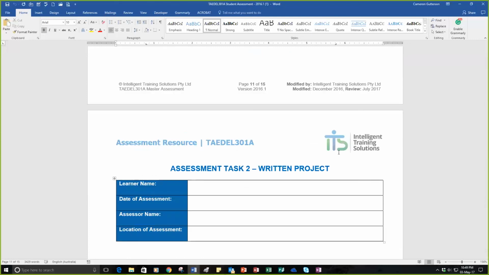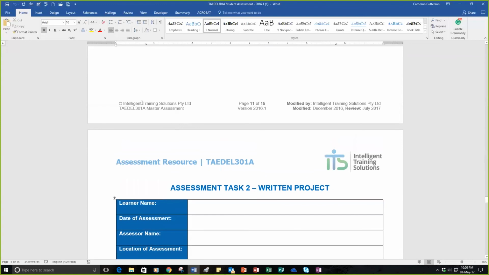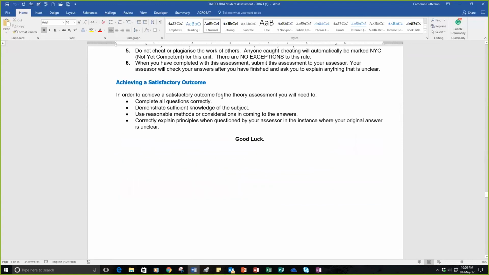So remember, in the vocational education and training sector, we don't hand out A's, B's, and C's. It's only either 100% correct or it's not correct. So remember that, as it says, in order to achieve a satisfactory outcome for the theory assessment, you'll need to